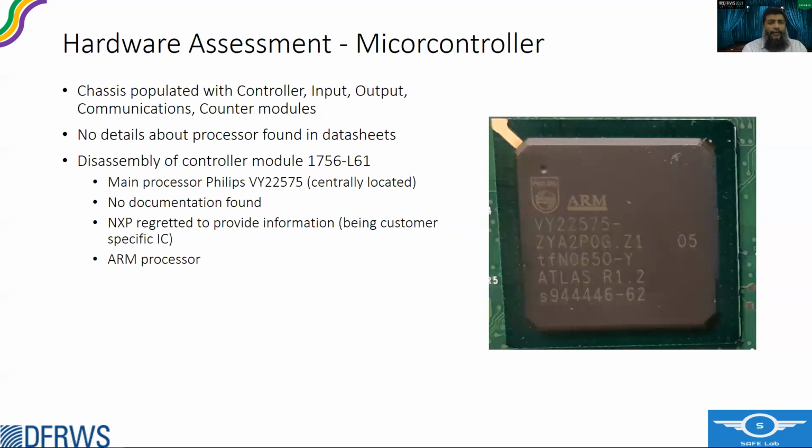So coming over to the hardware assessment, the main controller it's using is like VY22575, which is an ARM processor. It's written on it. But we were unable to find the data sheet even after contacting the vendor. So it was a dead end. So what we did,